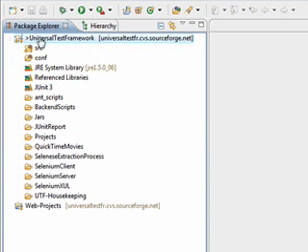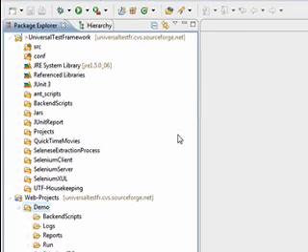This is the main project, the UTF, the Universal Test Framework. And this is where we would keep our individual web projects, the ones that you're hoping to test. I have got a template one here called Demo, which we're going to go through in a minute. Before I go any further,